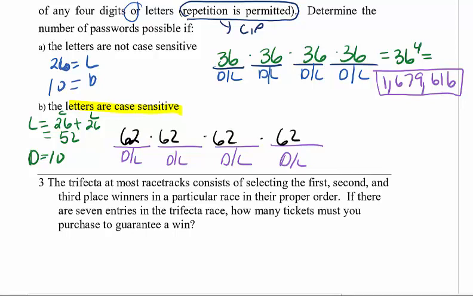But I want you to get in the habit of writing below the blanks if you change something or if something's not allowed. So we now multiply across, and this is also 62 to the 4th power if you want to use that. If you're not sure how to use the exponent keys, again, there are videos in the Canvas shell to show you how to do that. But when you type it into your calculator, you should get